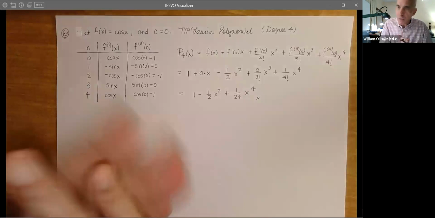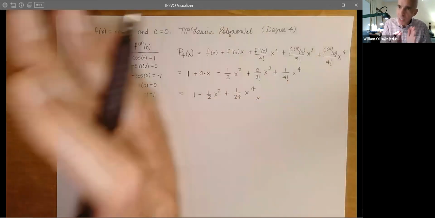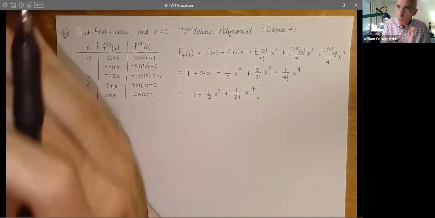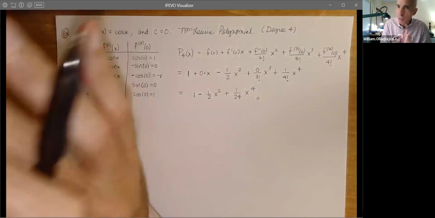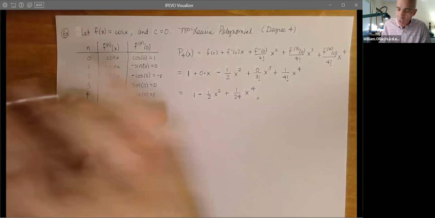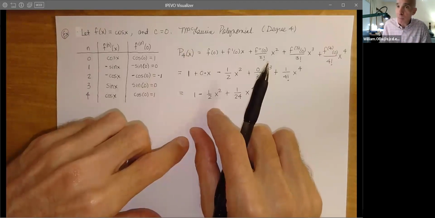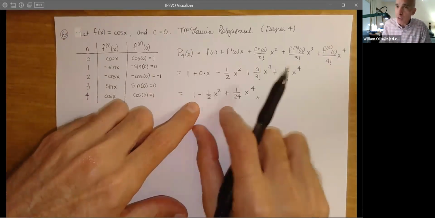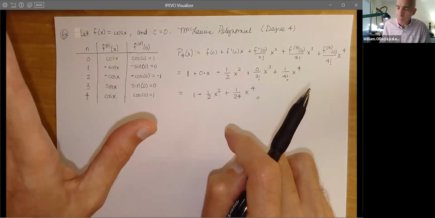So here's the beauty of this. For instance, we know if we're really, really close to 0 and we're doing a physics problem or an engineering problem, if we're in an interval that's small, about 0, we could replace the cosine with 1. That would be a decent approximation, and we'd have to figure out how close we needed to be so we would know what the error would be.